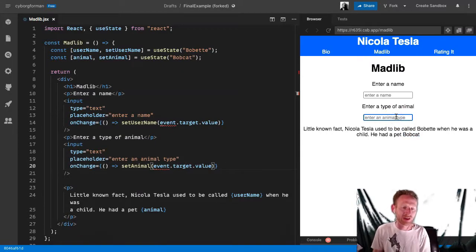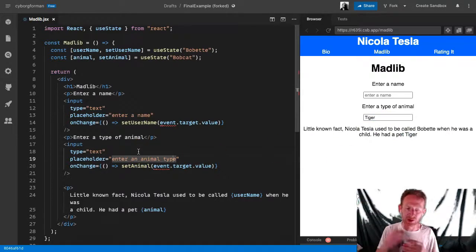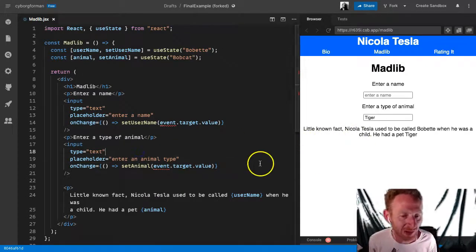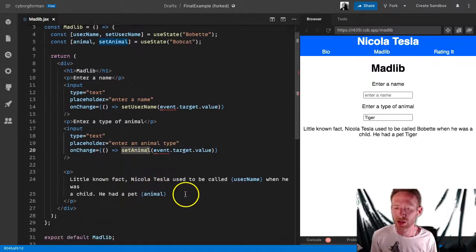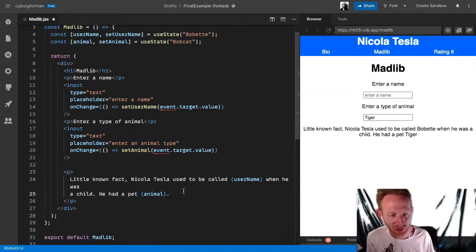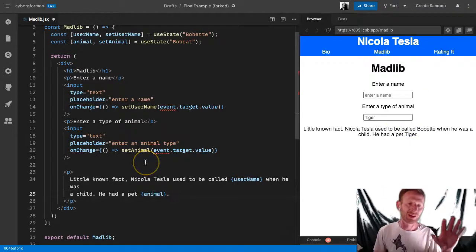And as I start to enter here, let's say tiger, you can see it changes immediately with it. And this is kind of how it works. Rinse, wash, repeat, as it were. We just do that a few times. And so I needn't bore you with doing that all these times. I'll leave you to have fun and do your own for the next 5 asked for